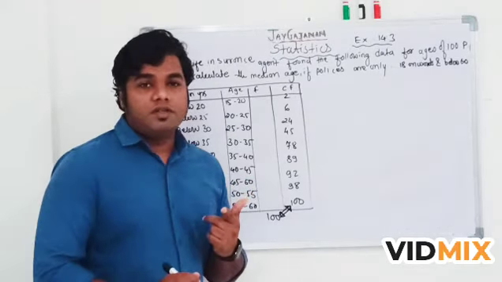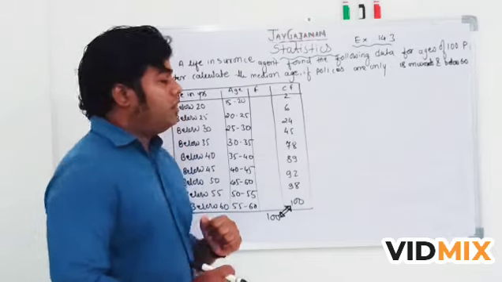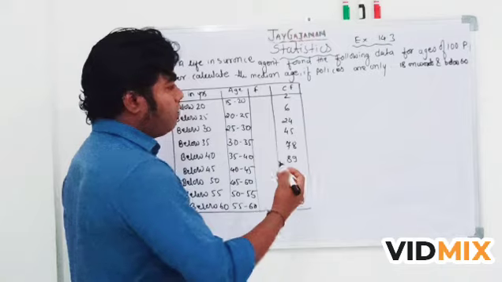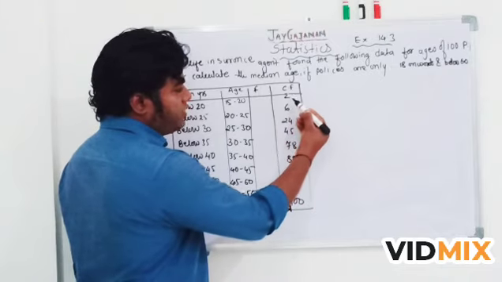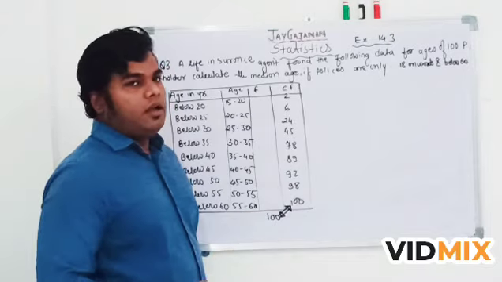Now we have to find out the frequency. I have told you already how to get the frequency. See, if we have to find the cumulative frequency, what we are doing from the frequency is adding, 2 plus 6 and then so on, correct?